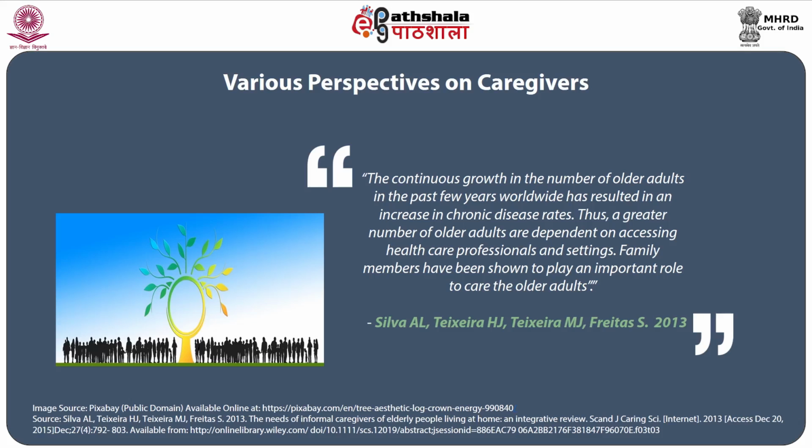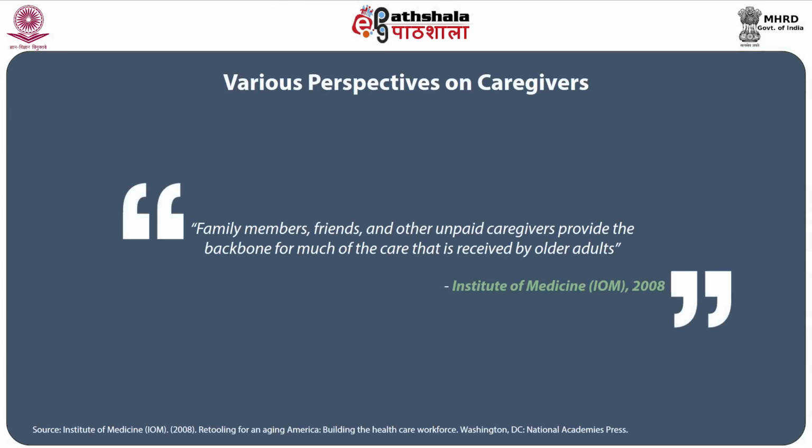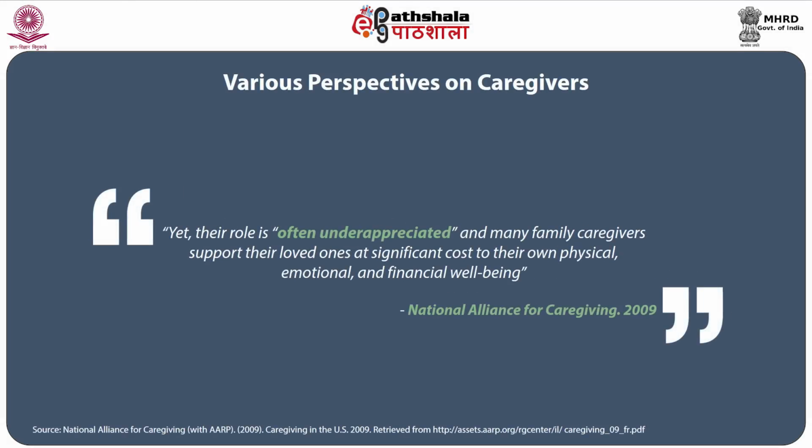Family members have been shown to play a very important role in care of the elderly. According to the Institute of Medicine in 2008, family members, friends, and other unpaid caregivers provide the backbone for much of the care that is received by older adults. Yet, their role is often underappreciated, and many family caregivers support their loved ones at significant cost to their own physical, emotional, and financial well-being. In this context, we need to understand that caregivers also experience a lot of stress and strain while extending care